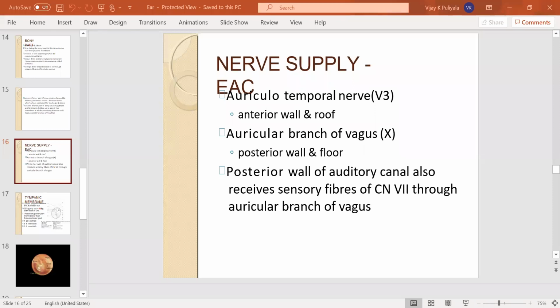Next, coming to the nerve supply. The sensory and parasympathetic supply is by the tympanic branch of the glossopharyngeal nerve. The muscles are supplied by the cranial part of the accessory nerve via the vagus nerve, through the pharyngeal plexus. We already learned this in the soft palate. So that is about the eustachian tube, or nasopharyngeal tube, or auditory tube.